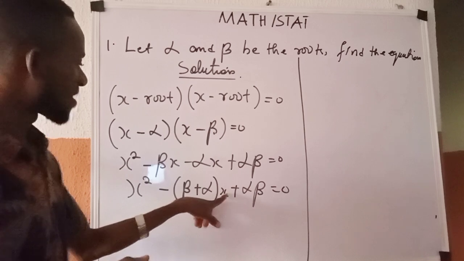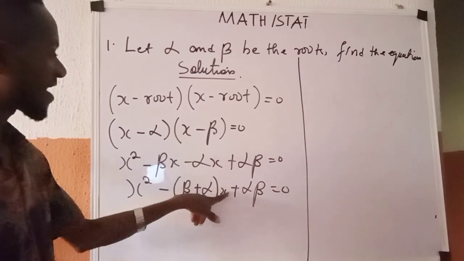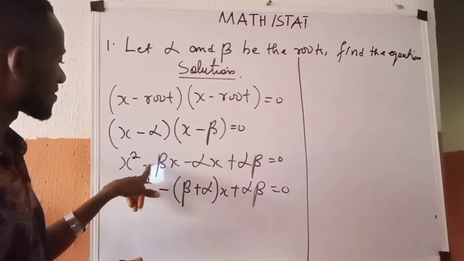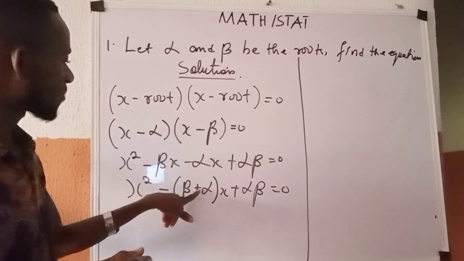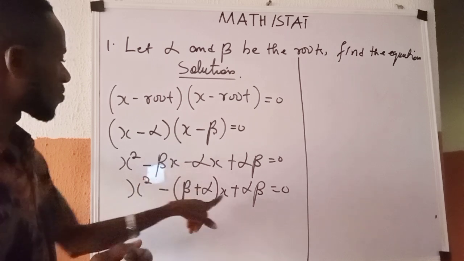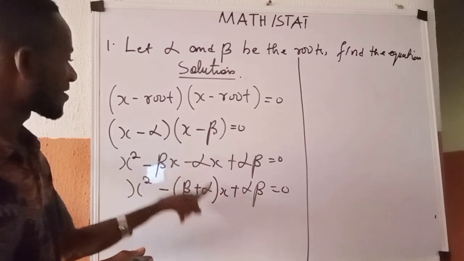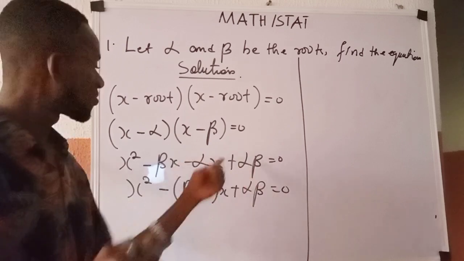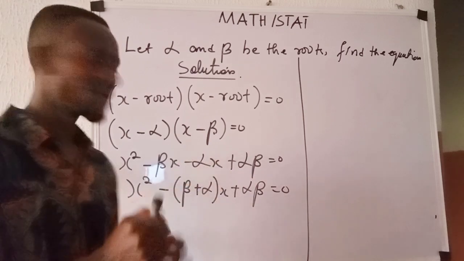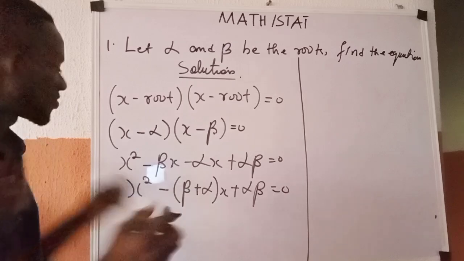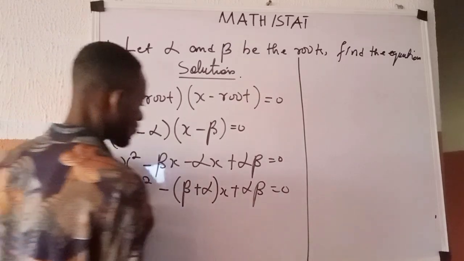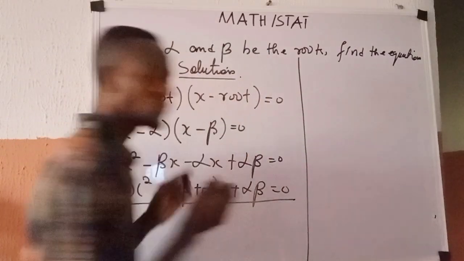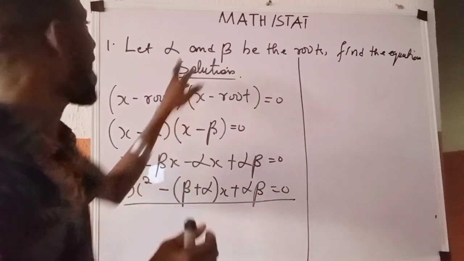My x. When this x multiplies this, you have alpha x, and looking at the minus, you arrive at this. Minus times plus will give you minus. When this x multiplies this alpha, then you have alpha x plus alpha beta, which is this. So this and this are the same thing. And at this point in time, you say you have successfully arrived at the quadratic equation whose roots are alpha